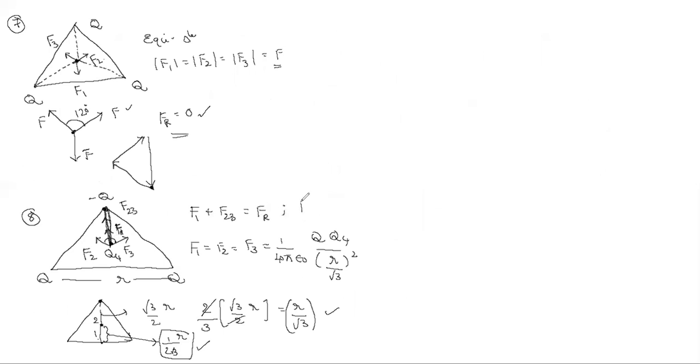120 means here F23 we can straight away write as equal to f, that is F2 or F3. Following my logic, Nana? Yes, sir. Right. So if the angle is 60 degrees, Nana, what do you write here? Root 3 f, sir. If the angle is 90 degrees? Root 2 f. Right. Okay, Nana? Yes, sir.